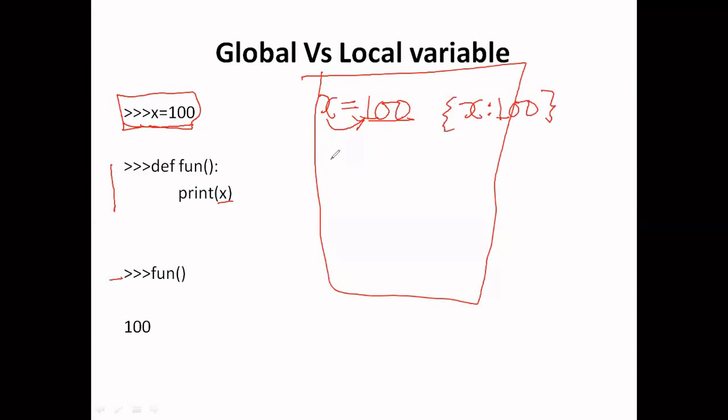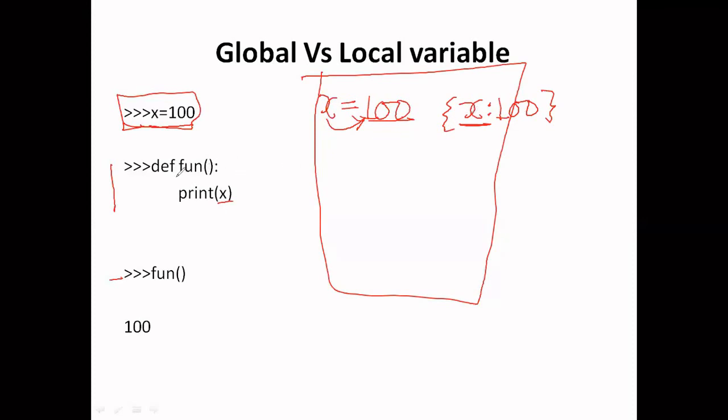So whenever we are in the global namespace and we want to access this variable x and its value, we will call that key part, that means the variable name. So whenever we write print x inside the global part, we will get the variable x value, that is 100, which is associated or bound to the variable x.